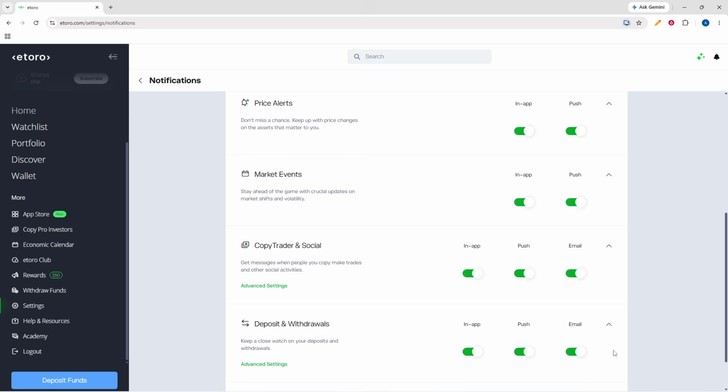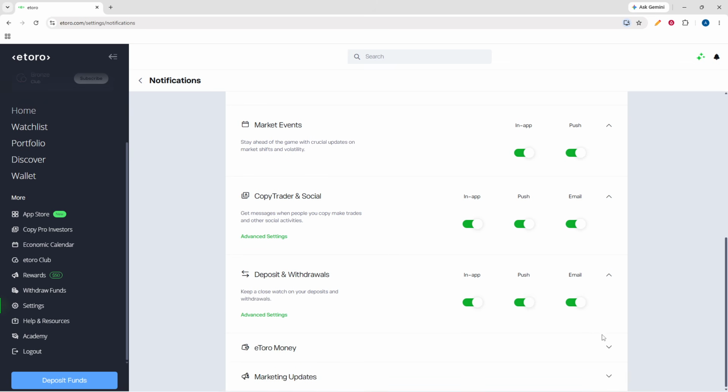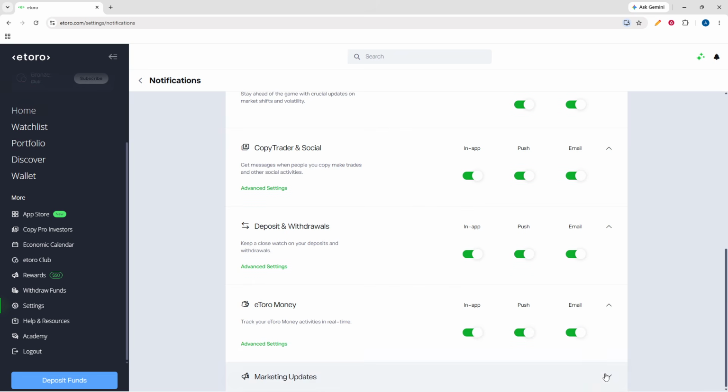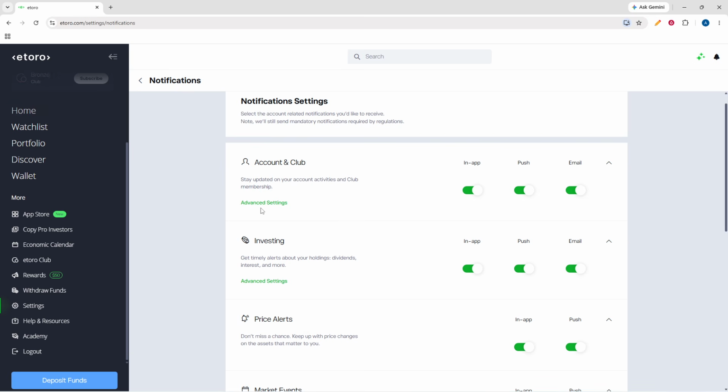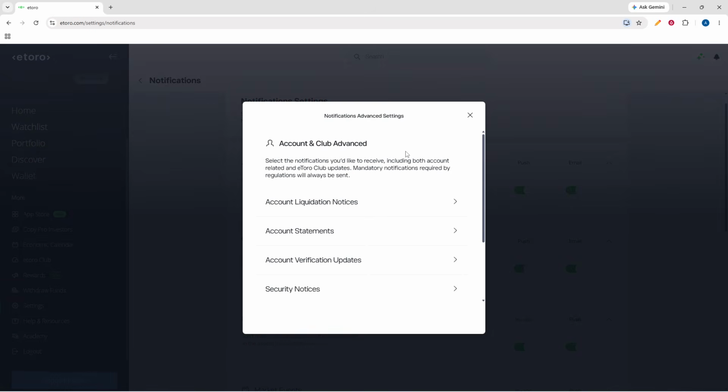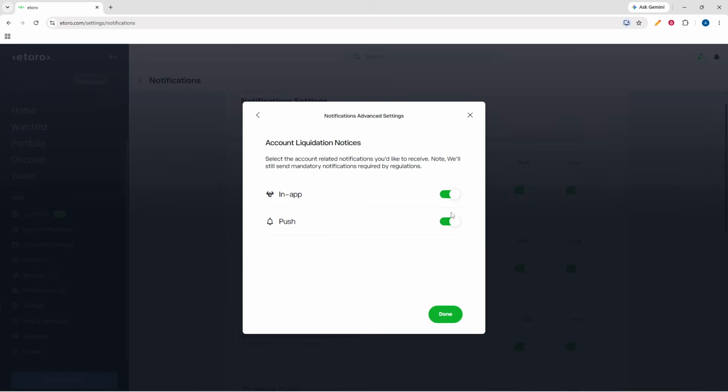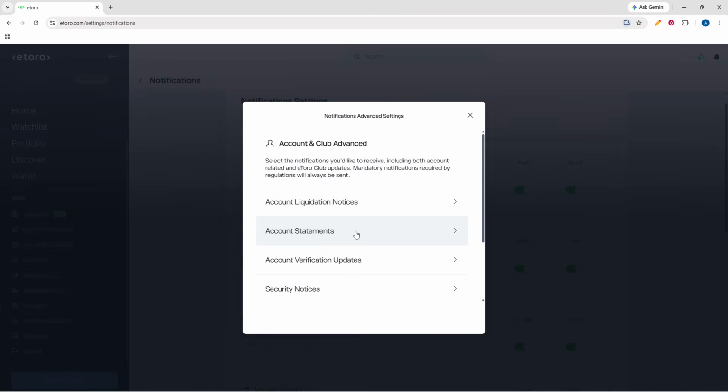Once the main channels are enabled, stay inside that same category and look for Advanced Settings. Click Advanced Settings to open the list of individual alerts available under that category. This is where you can control which specific notifications you want to receive instead of only turning the entire category on or off. Review the available alert types in that section and select the ones you want to keep active